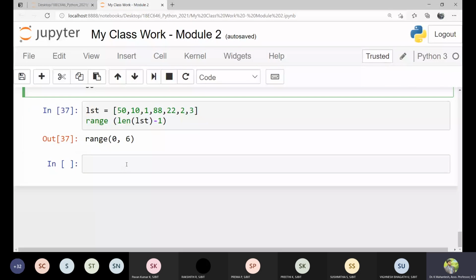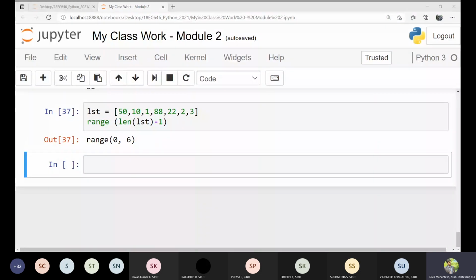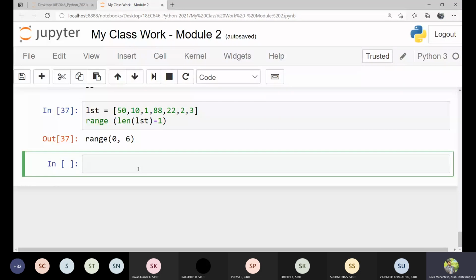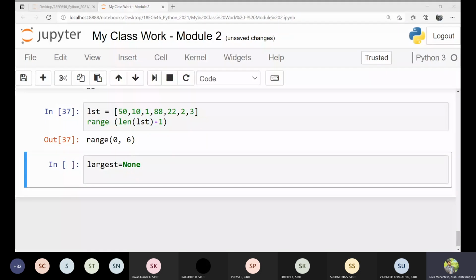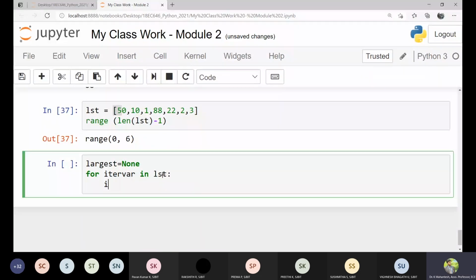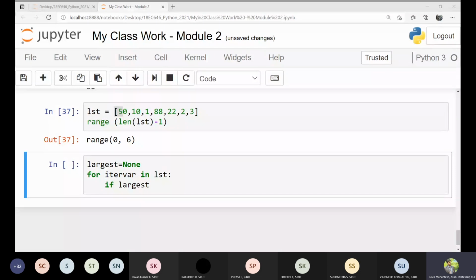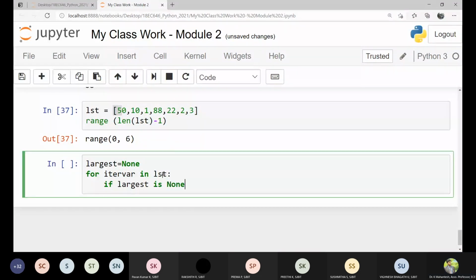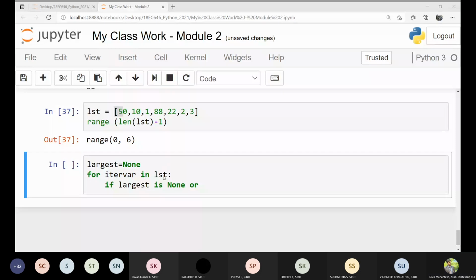what I do, I'll just stick to a very simple concept since we have learned the for loop and the iterative variables. I should see the use of iterative variables inside this for loop. So I define a largest variable as None initially. Then I say for iter_var, that is my iterative variable, you can have your own variables, in the same list which Prem has given, for iter_var in list. Okay. If largest is None, or if iter_var is greater than largest